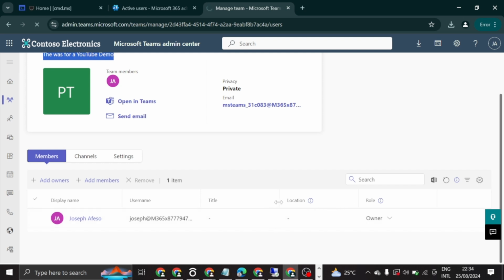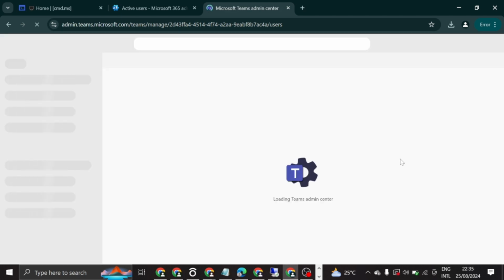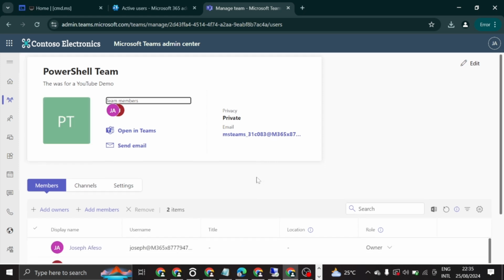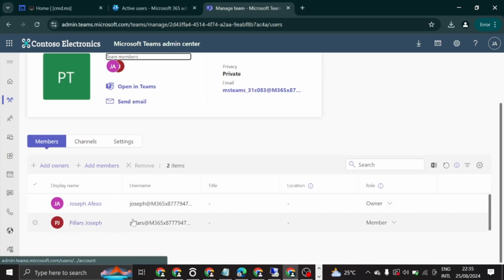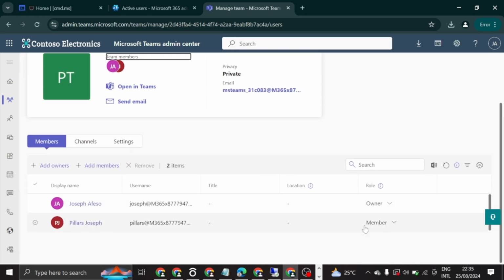So I will expect that user should jump in as soon as this refresh is completed. So let's just wait for it to refresh fully, and then we should have that user here. Okay, cool. So that user is already here and is added as a member. So let's quickly run back to the